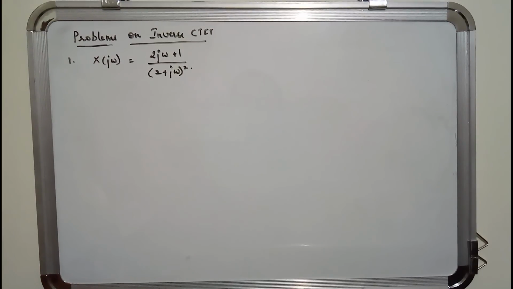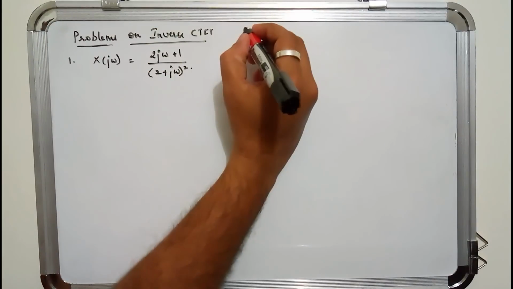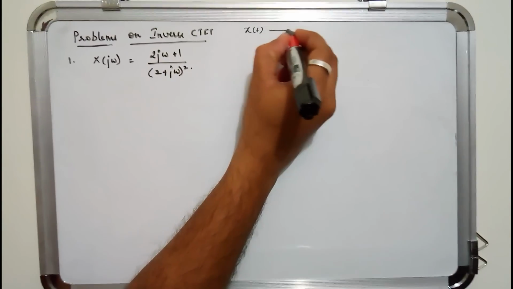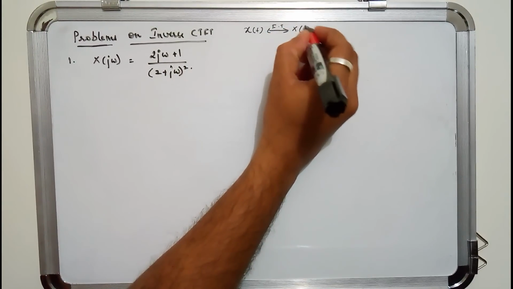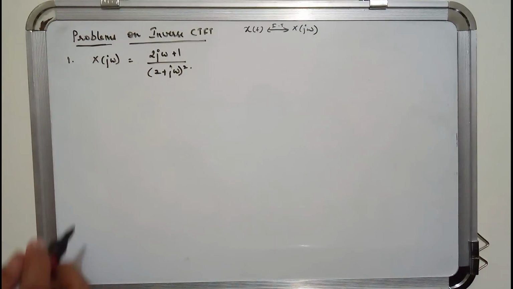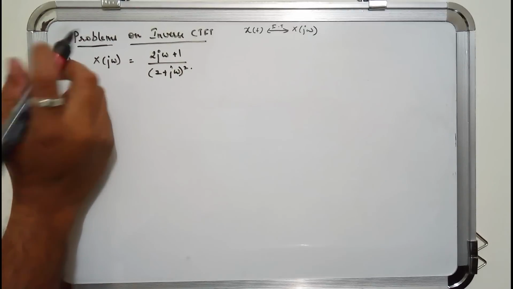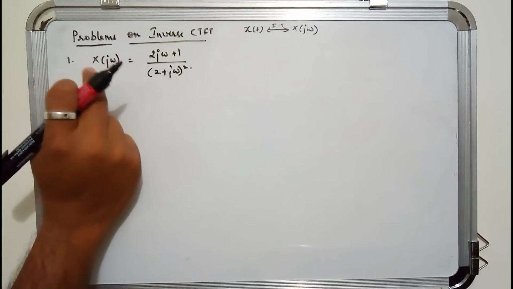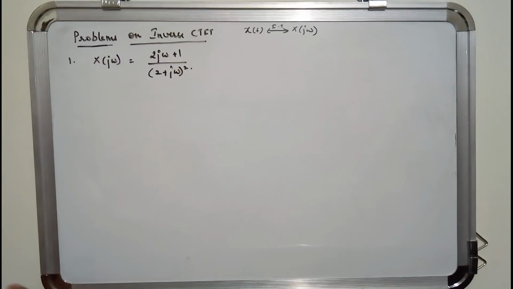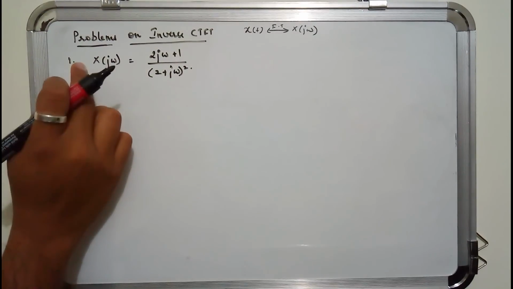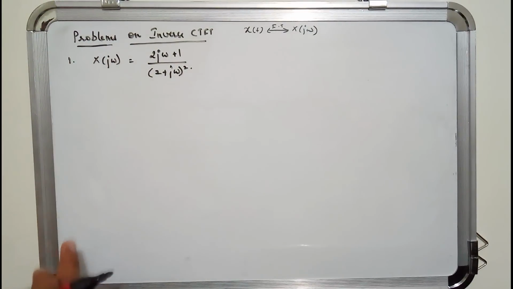In our previous videos, given the continuous time signal x of t, we have seen how to find the Fourier transform and how to get x of j omega. Now, under this section, we will be studying, given x of j omega, how to find x of t back, that is, the inverse CTFT. Now, the first problem is x of j omega is equal to 2j omega plus 1